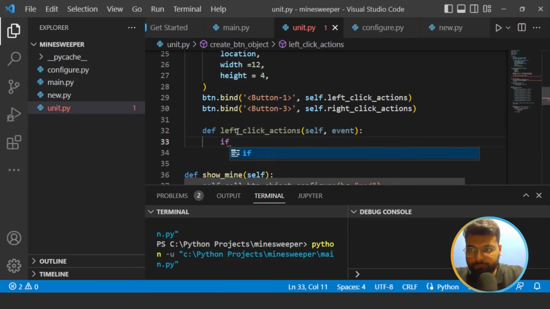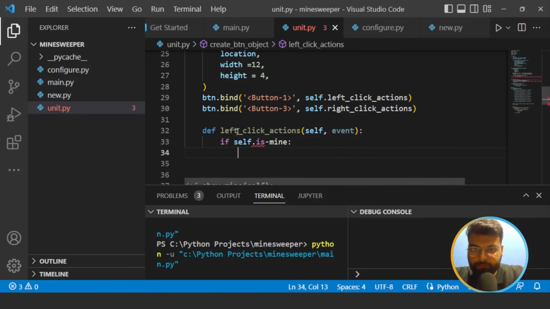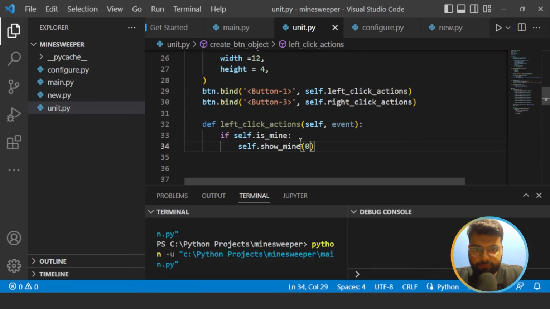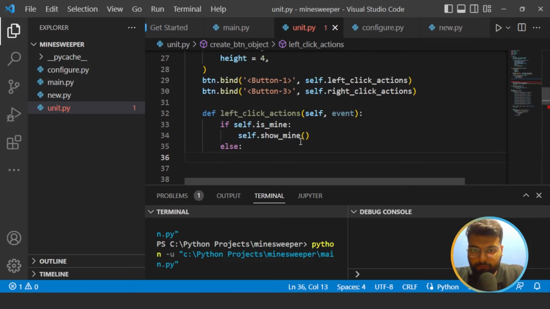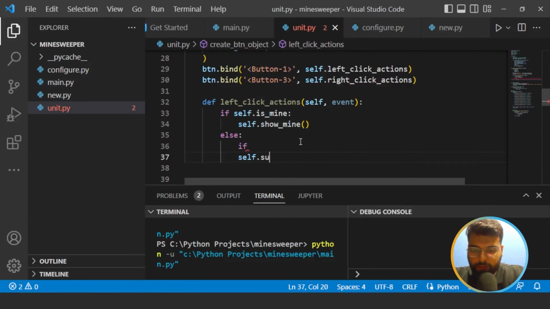And if self.is_mine, then we'll call self.show_mine, else if self.surrounded_cells_mines_length equal to 0,